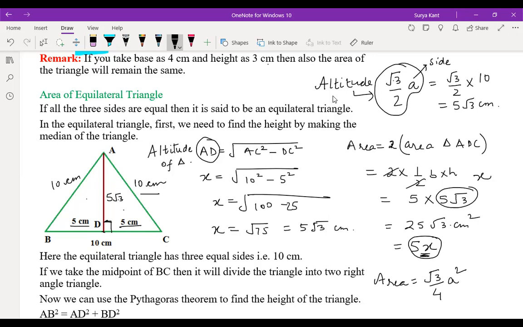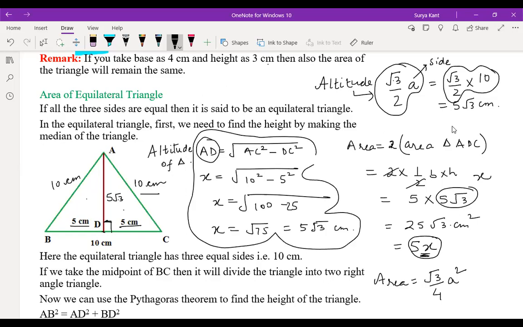Sir, then why don't we use this formula itself to find the altitude instead of substituting and doing this big method? I just want to understand. No, that's why I just simply showed it. Root 3 by 2a is nothing but a mug up thing, and this is step by step. If you don't know the formula also, you can find it out. That's why I taught this method also.